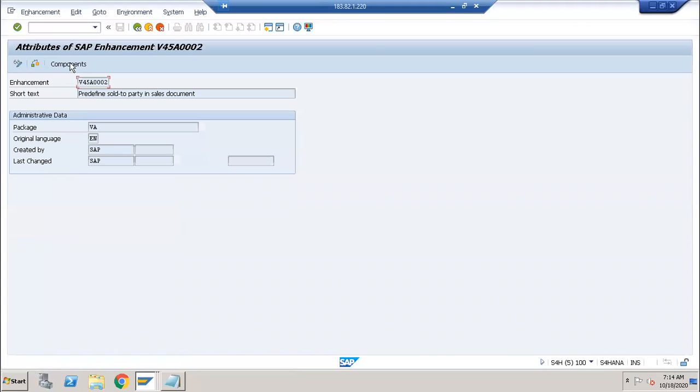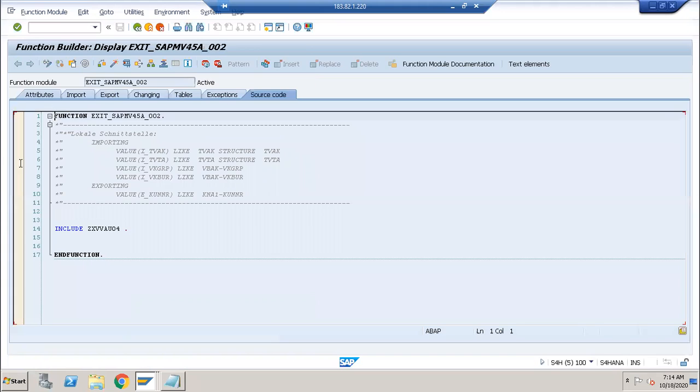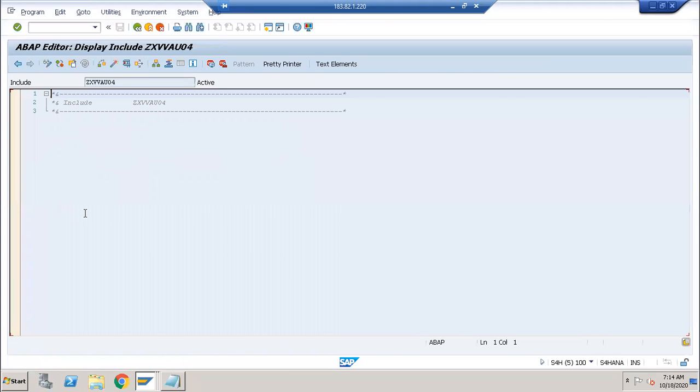And here there is a Components button. Click on this Components button, and here a function exit is coming. Double click on this function exit. It opens a function module here. Double click on this include. Here I can write the code, but